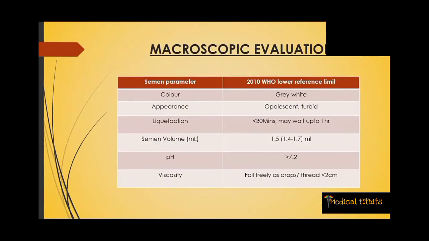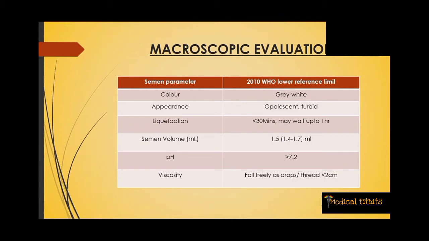Now, what are we evaluating macroscopically? What all can we see and evaluate? First of all, we'll evaluate the color being gray white and the appearance being opalescent and turbid. Opalescence is due to the presence of proteins, and turbidity is due to the presence of the sperms. Liquefaction is supposed to occur within 30 minutes, but you can wait up to 1 hour in some cases. The semen volume is then measured, and the lower reference limit is given by WHO 5th edition as 1.5